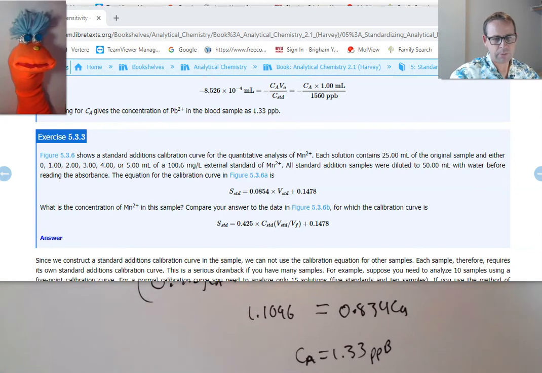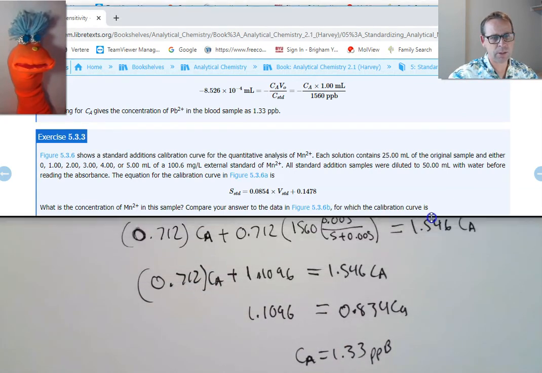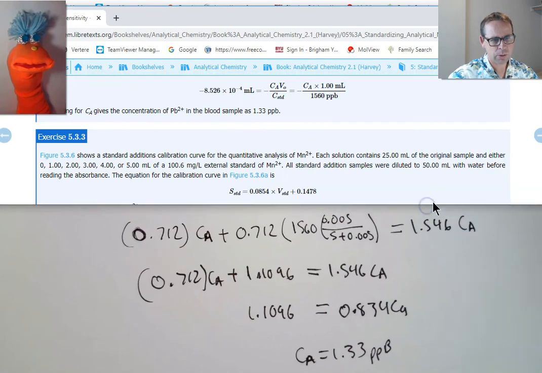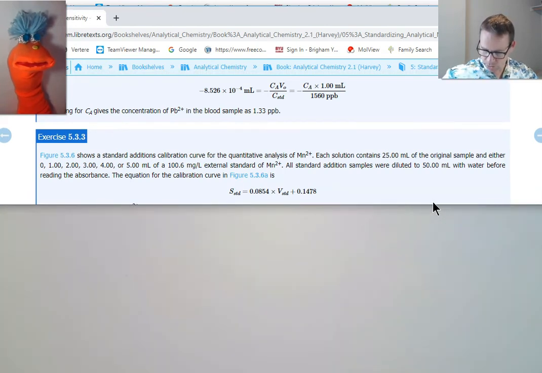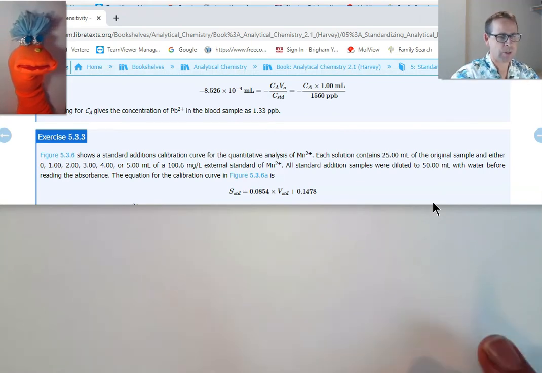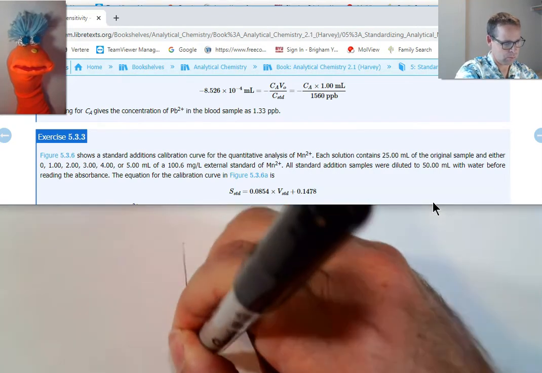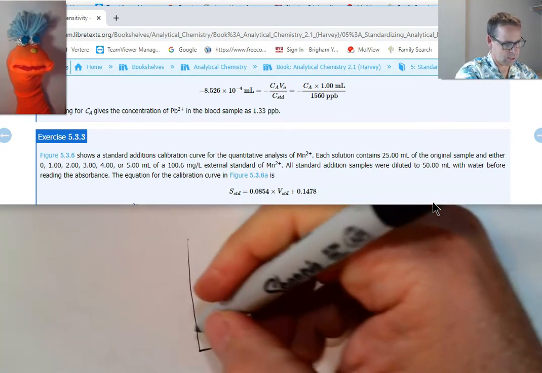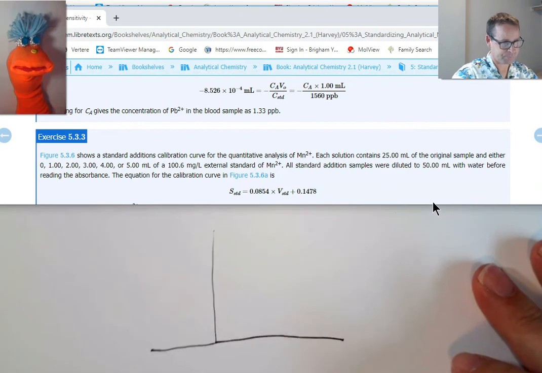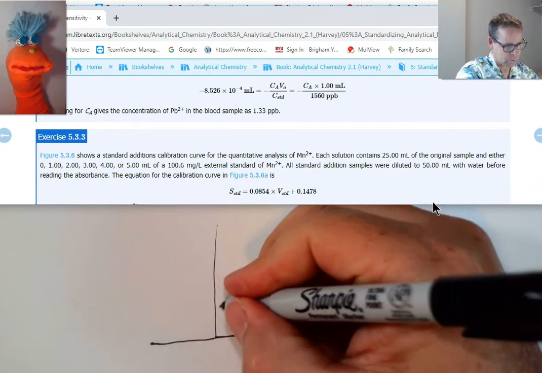So we have a calibration curve, and this is the equation for that calibration curve. But it's not just a typical calibration curve, it's a calibration curve of standard additions, right? So the calibration curve for this standard addition looks like this,